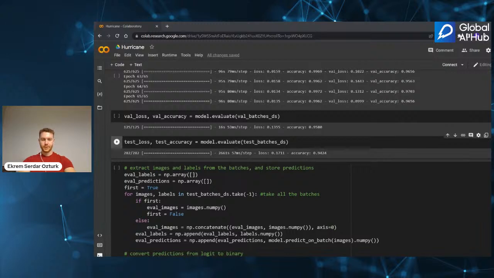All right, any other question other than the link? Okay, maybe I can send it like this, then it will work. Yeah, you can also find it in the Global AI Hub here.